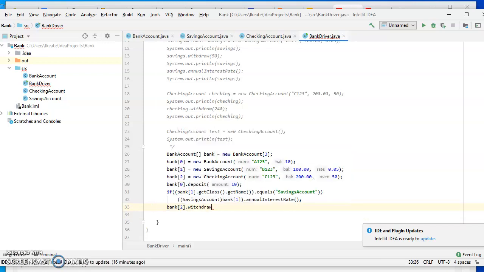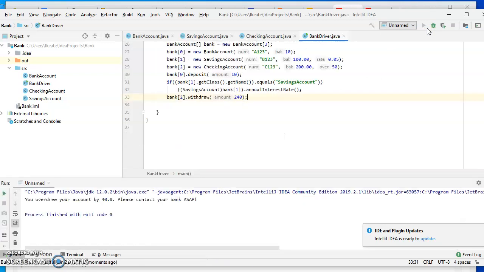and maybe we'll try and use polymorphism. So they have an overdraft. We had $200, so I think I put in $240 before. All right, we're going to run this. I'm going to see if this works. Hopefully, we're going to cross our fingers. But we didn't print anything. Oh, but it did say you overdrew your account by 40, so we can see that the polymorphism is working,